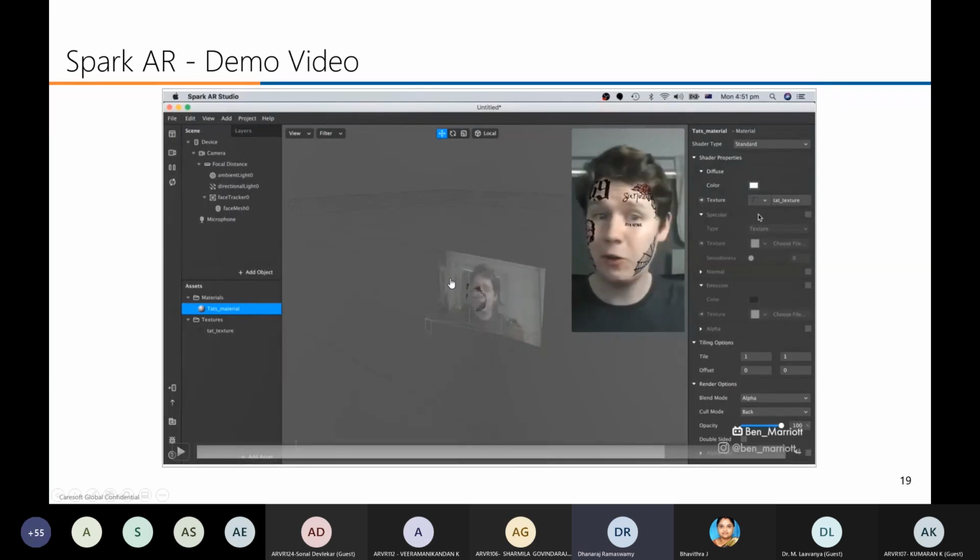And overall, see in this example, what he has done is he has created some tattoos using Photoshop, and he has brought them into a transparent PNG format. PNG supports transparent images, so he brought it into PNG format. Then he applied it in face tracking. So whenever he is moving his face, those tattoos apply wherever he wants. Wherever he has applied it, it's applied on the face